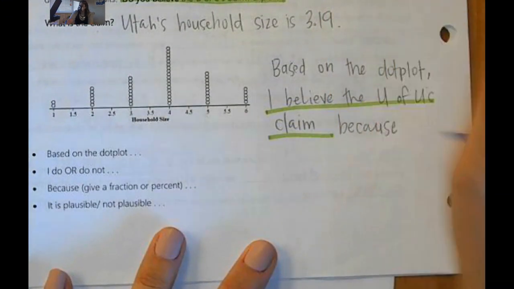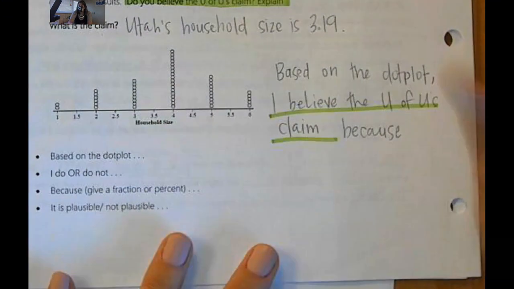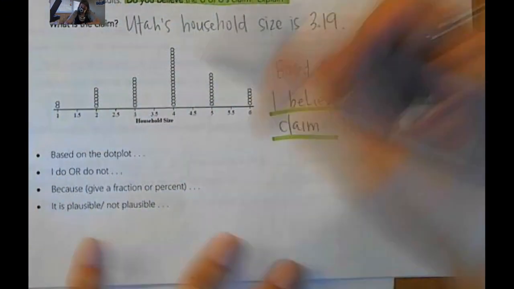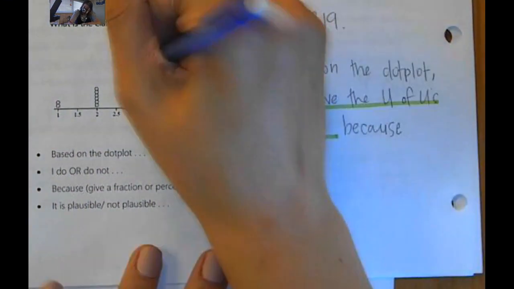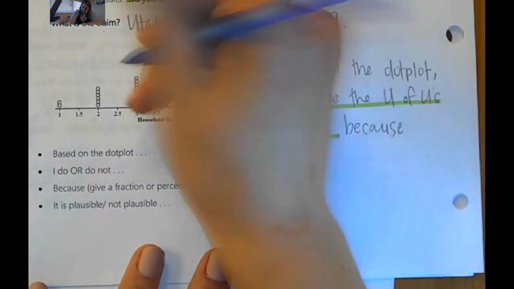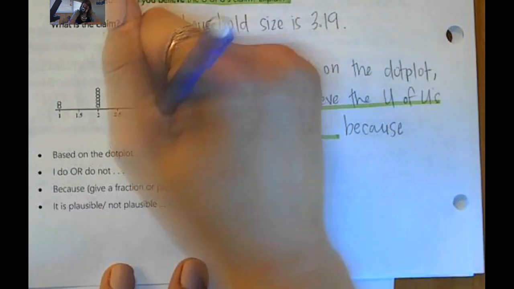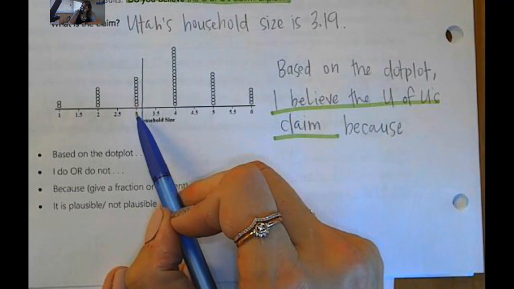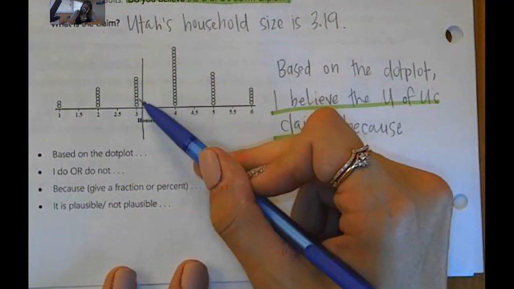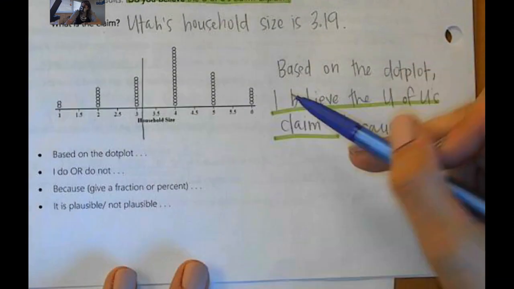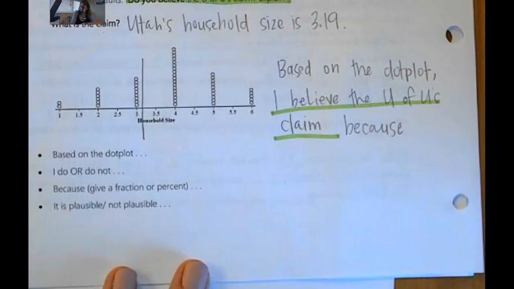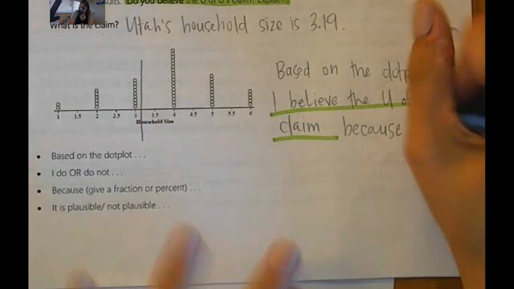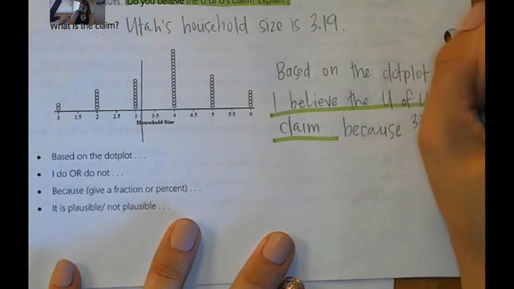and then I have to give the fraction or the percent from the dot plot that makes me decide if I believe it or not. So in order to figure that out, I mark where I think 3.19 would be. I'm not really sure, but I know it's after these dots that are at 3. And then you either count up the dots to the left or to the right. I counted up the left because there was less, which means that 33 out of 50